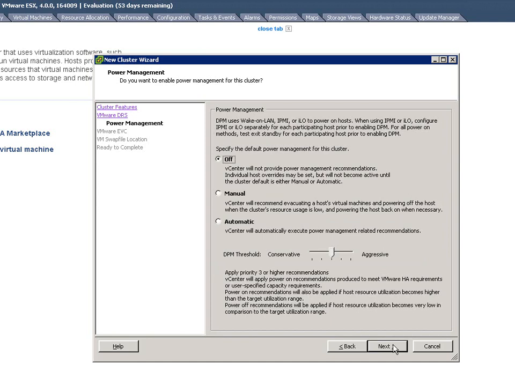Distributed power management is another great feature in the DRS cluster. What distributed power management allows you to do is, let's say every night you have 10 or 12 ESX hosts with a lot of virtual machines running on them, but you want to conserve on power. So what DPM will do is, because at night you don't have a lot of users, so there's not a lot of